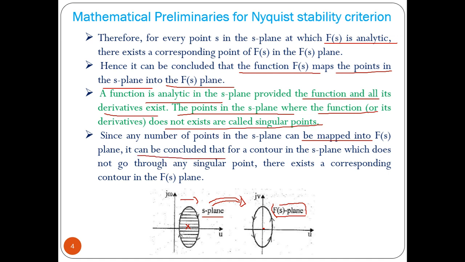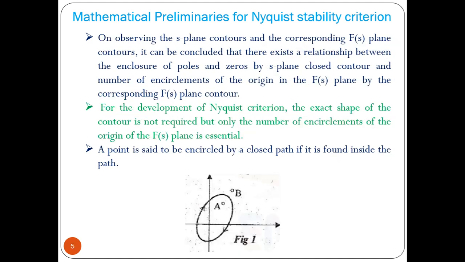for a contour in the S plane which does not go through any singular point, that means a point where your transfer function becomes infinite, there exists a corresponding contour in the F(s) plane. So we are basically converting from the S plane to the F(s) plane. That is the main point. Now, on observing the S plane contours and the corresponding F(s) plane contours, it can be concluded that there